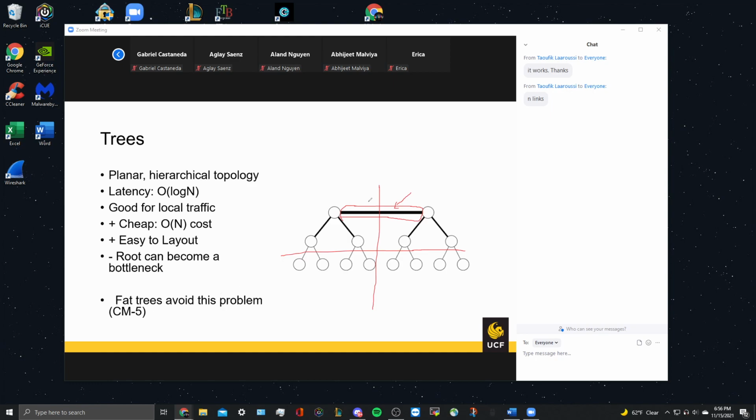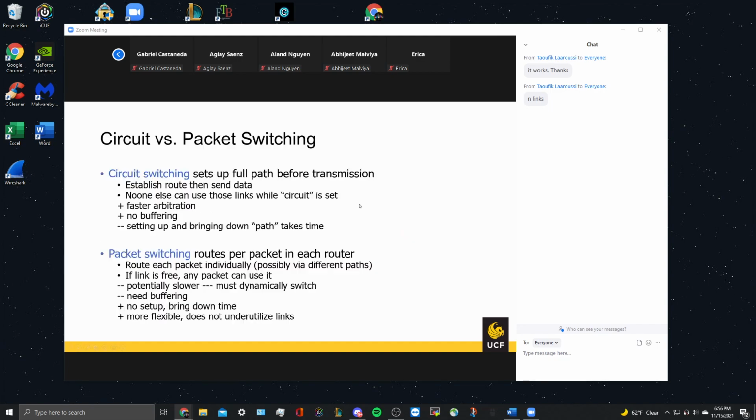And if there is communication from the root to the leaf, lots of contention will happen here. That's the reason why, but it's good for the local. Sometimes people will utilize the tree topology, sometimes not. It depends on what kinds of applications you will run on the chip, and you can select the topology accordingly. Is that clear? And I think we can go to the next one.